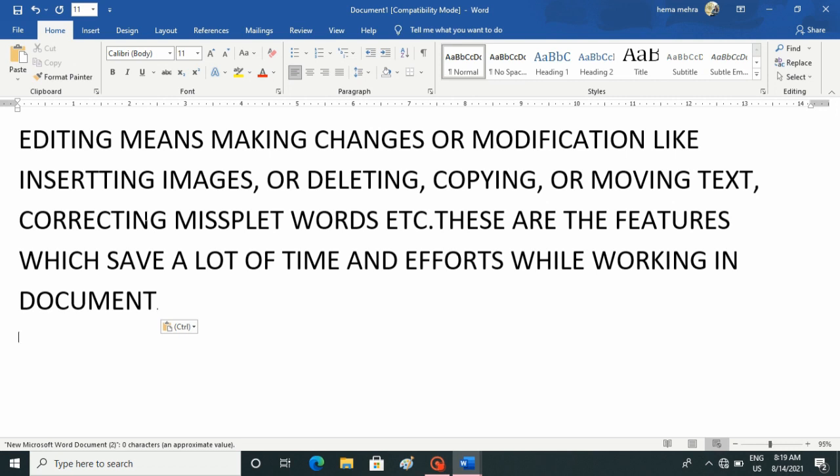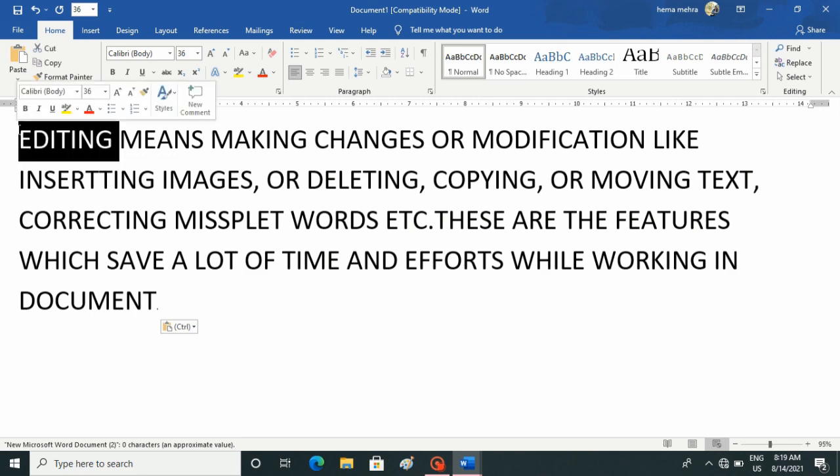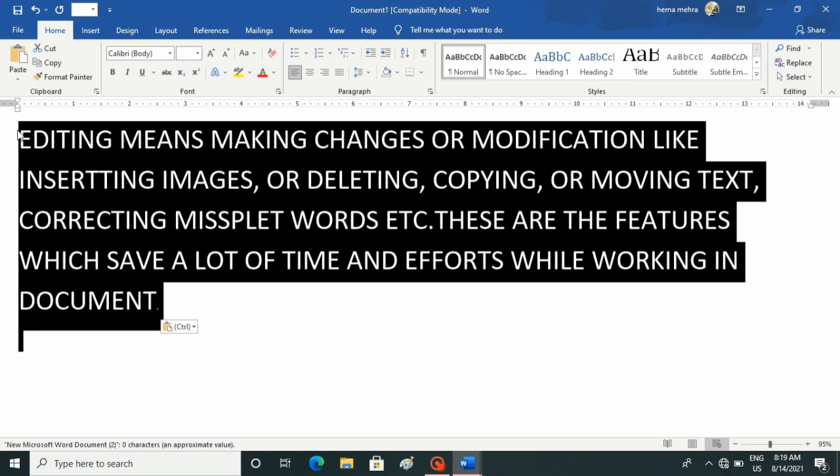Now the copying the text. This useful feature helps to repeat the already entered text at a new location without retyping. For copying the text, we can first select our entire document which we want to copy to the other one and press Ctrl plus C. Ctrl plus C is the shortcut key for copying any document.